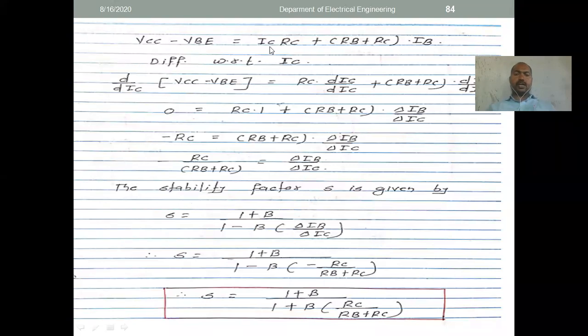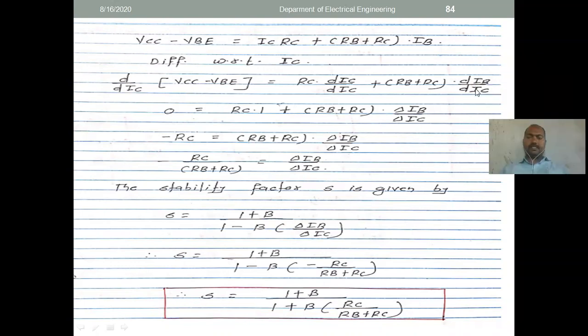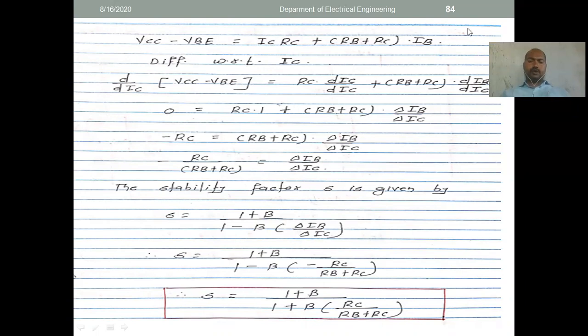IC is the current, so DIC by DIC, right? D for this IC and DIC for the differentiation, right? Plus RB plus RC taken as a common term. And here we have to use DIB by DIC. See here, DIB by DIC. Okay, so your equation, whatever is coming, we know that this term is not changing with respect to the term,